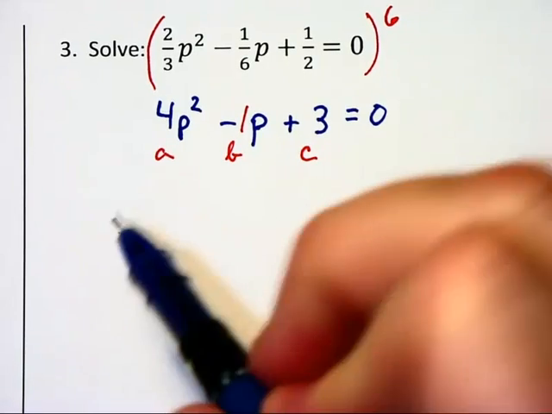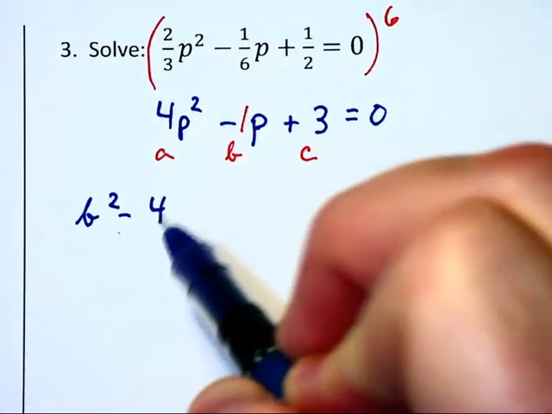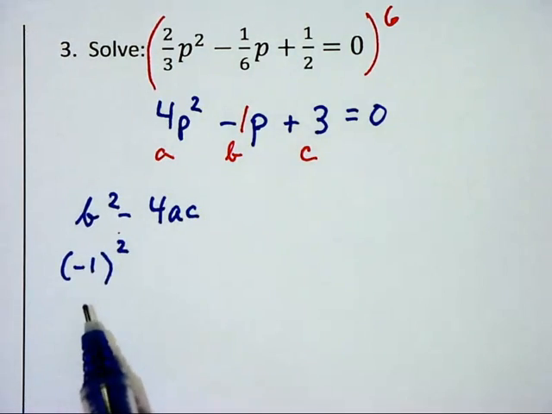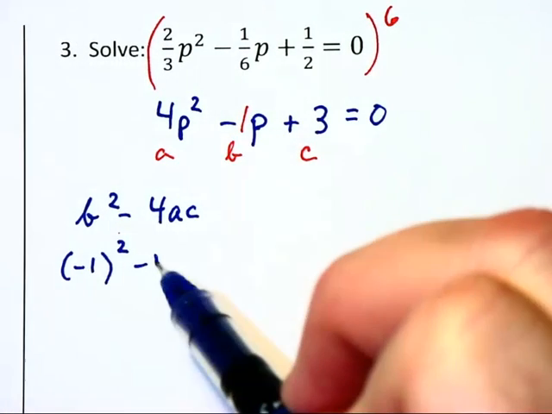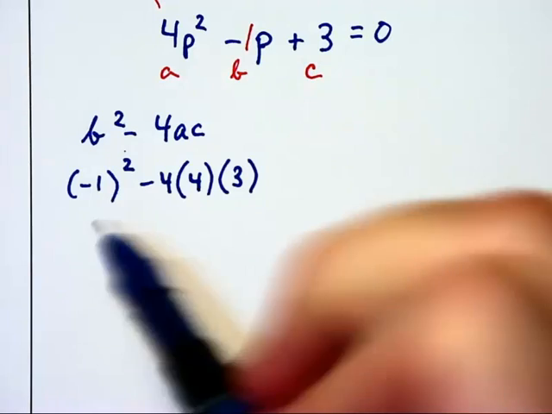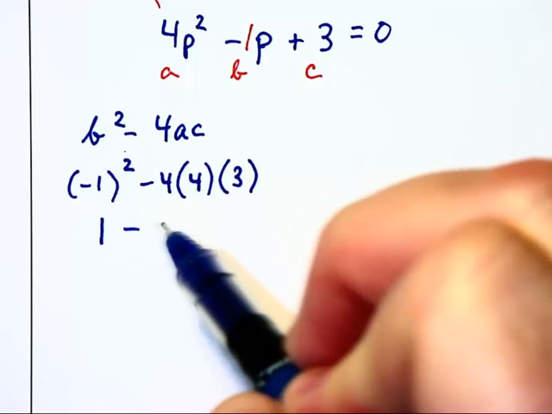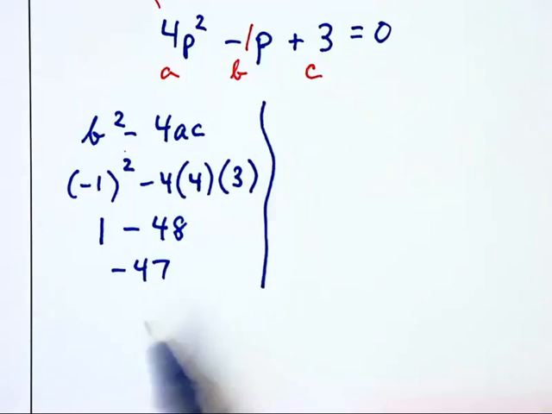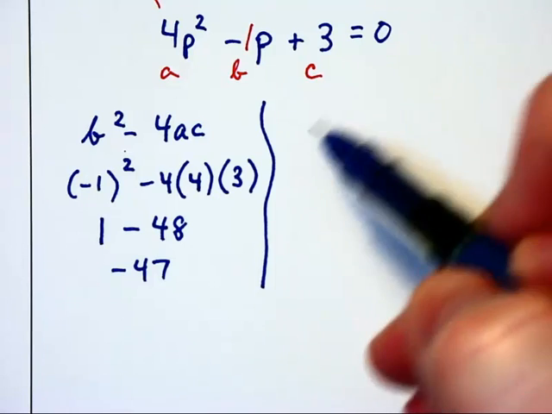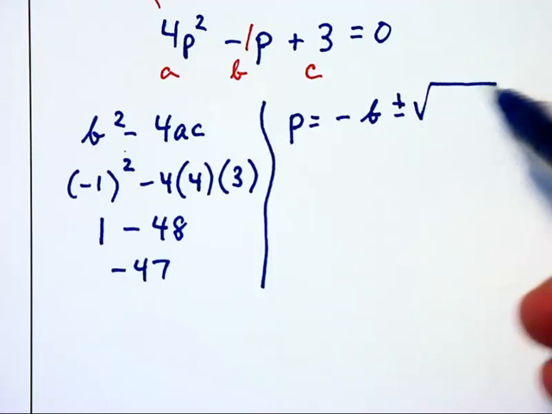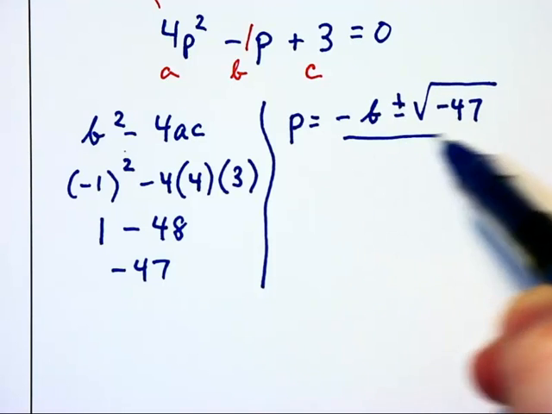Let's split this into two parts and first find b squared minus 4ac. That will become negative 1 squared. Notice how I use parentheses around the negative 1, minus 4 times a, which is 4, times c, which is 3. That becomes 1 minus 48, which is negative 47. Notice how we have the square root of negative 47, and we know we're going to have imaginary and complex solutions. So p is going to equal negative b plus or minus the square root of negative 47 all over